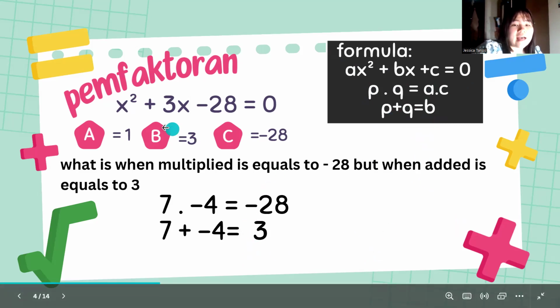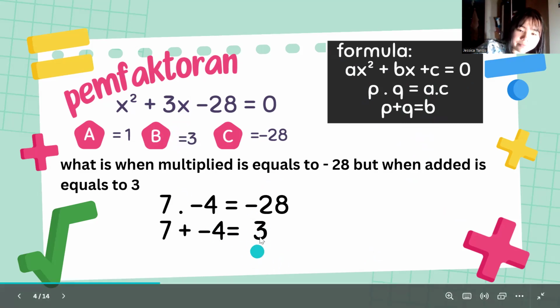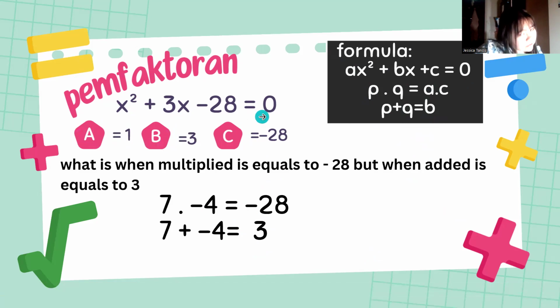Okay, so as you can see here, B is equal to 3, right? So we put it under here. We put it over here. And A multiplied by C. 1 multiplied by negative 28 is equal to negative 28, because when you multiply a positive and a negative, it's equal to negative. Same as here. Because,